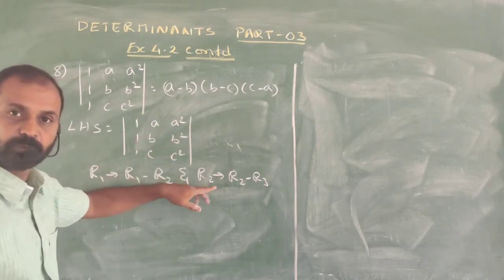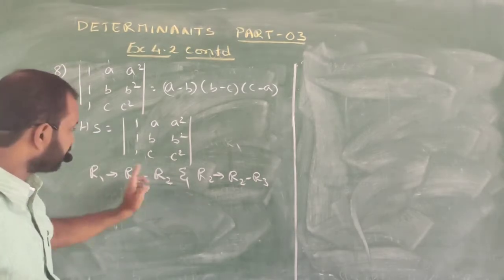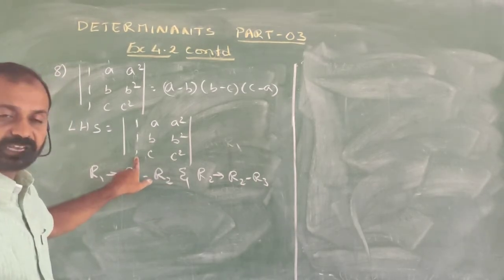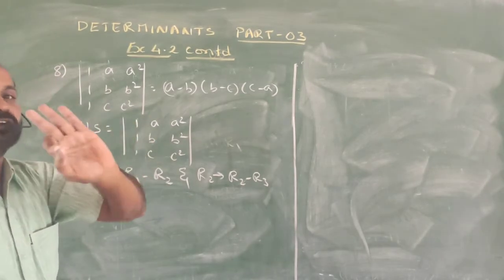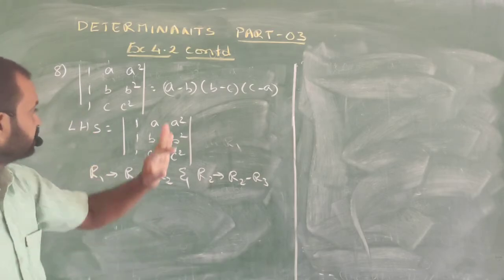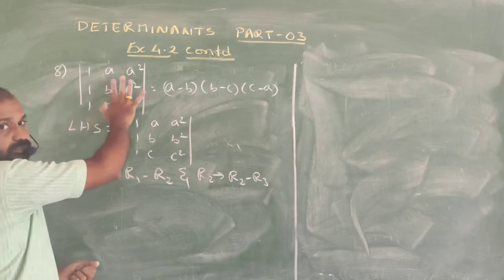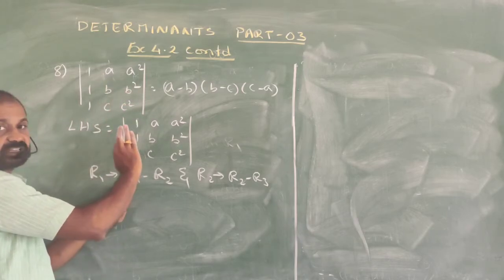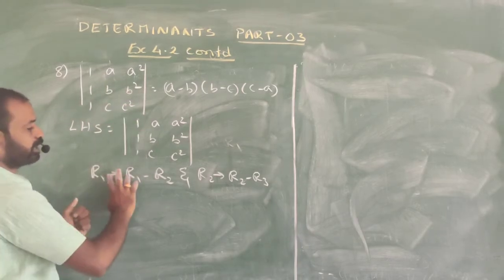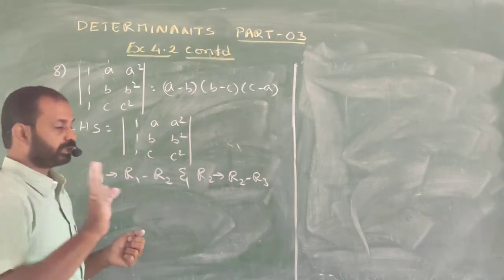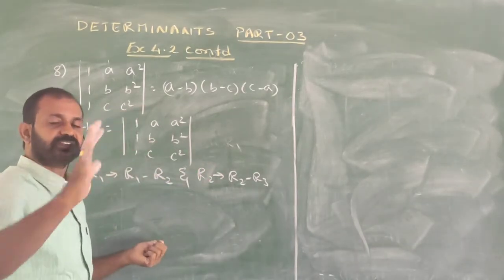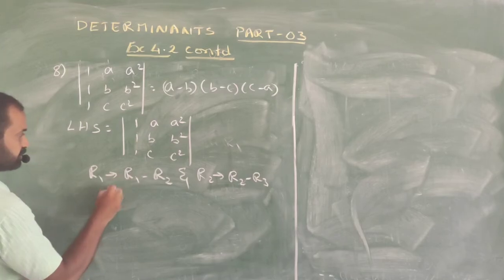Now shall I apply one more operation, R3 as R3 minus R1? Don't, because since it is 3 by 3, with 3 rows and 3 columns, maximum you can apply 2 operations only. You cannot apply 3 operations at a time. So which is equals to